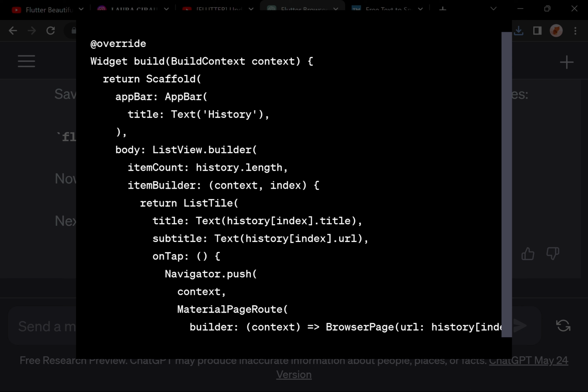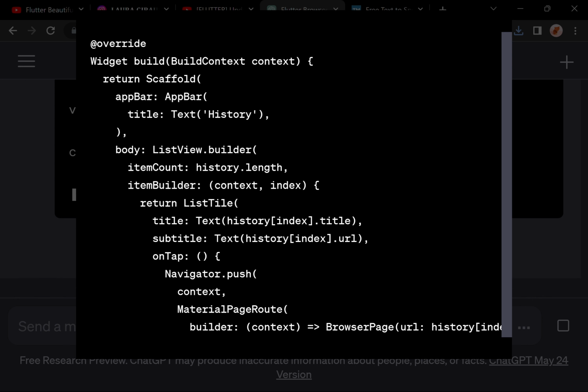Return Scaffold, appBar, title: Text('History'), body: ListView.builder, itemCount: history.length, itemBuilder: (context, index) return ListTile, title: Text(history[index].title), subtitle: